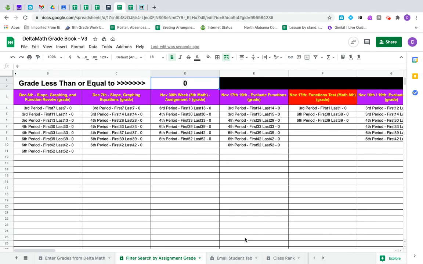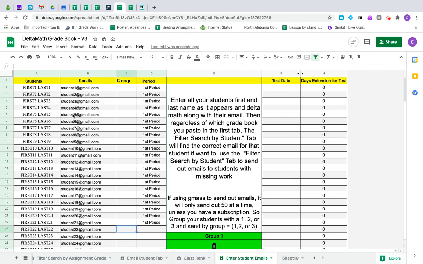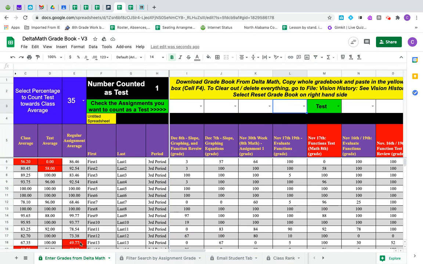And then you got this email tab. Before that'll work, let me scroll over here to the right. If you click on inter-student emails, here's where you would have your students and your emails. So what I would do, the first time you paste your gradebook in here, I would come here and copy their first and last name or type it in,